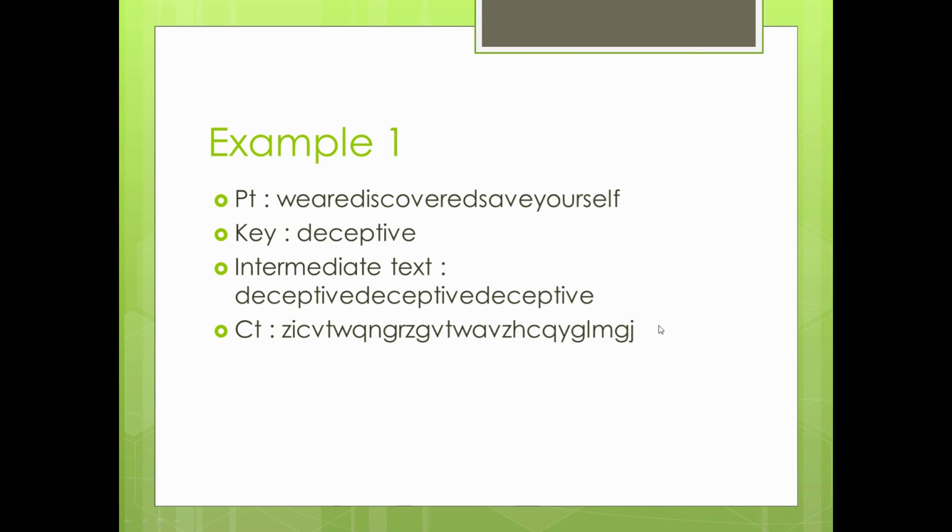So as you can see F lies here and you will have to find column wise where E lies. E lies here, as you can see. So the element which we have got here, or the cipher element, is capital J. So for the last element of the cipher text, we had placed the cipher element as J, and similarly for the rest of the characters you will have to do the same thing and arrive at the cipher text.